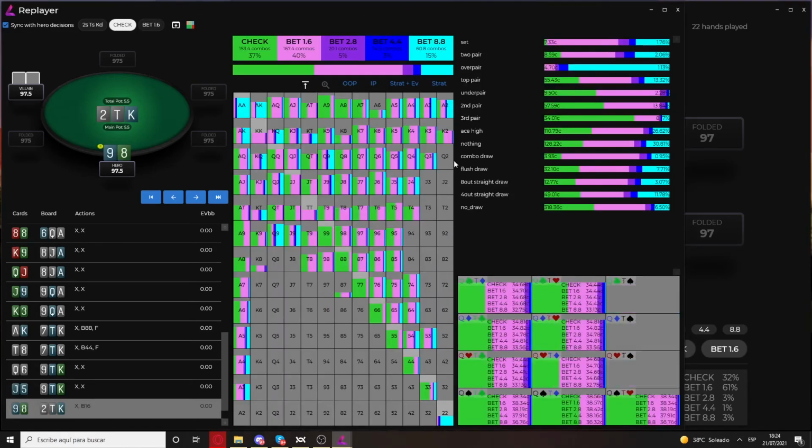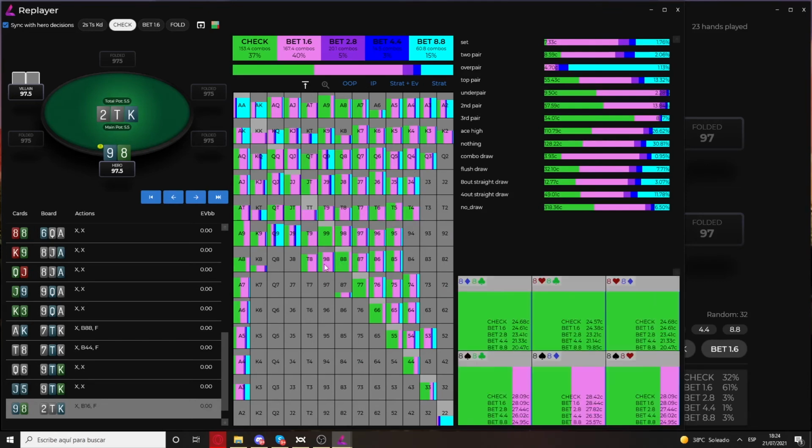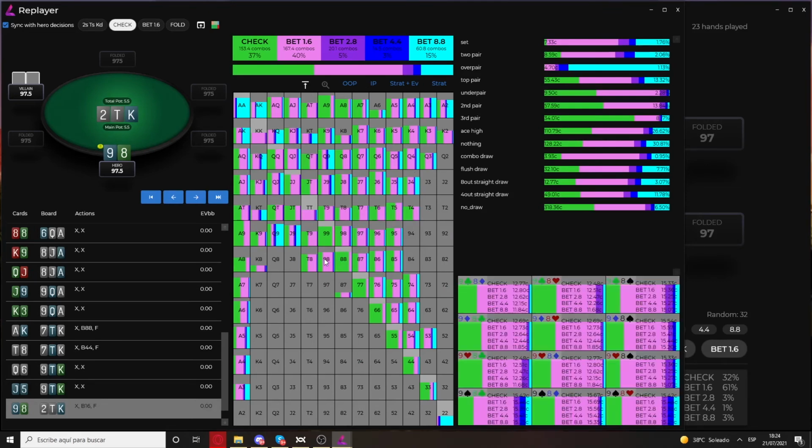Yeah, so we pretty much nailed the overall strategy. 9-8 is actually betting a fair amount of the time. I would have imagined that with a spade we would be betting like 70-80% of the time, and without a spade,